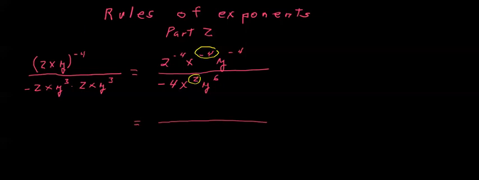So, I'm going to bring this down to, and now it's to the positive 4th, x to the positive 4th, y to the positive 4th. Each one of these had a negative exponent. Now it's a positive exponent. And